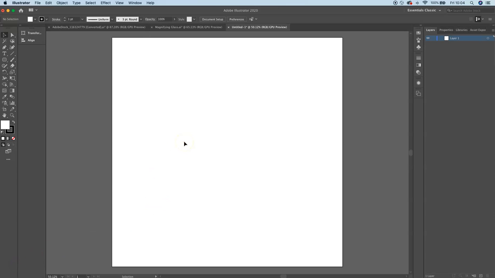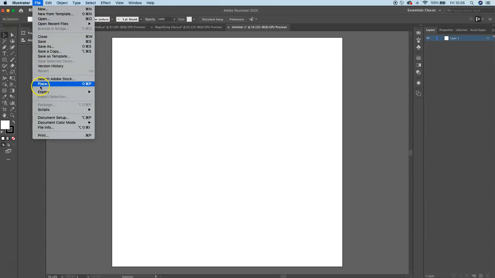So next I'm going to show you how to place an image. If you have a JPEG file and you want to be able to make some edits, you can place the image in Illustrator and you can run a process called trace, which will turn the image back into vectors, which we can manipulate. So I'm going to go to File, and then I'm going to go to Place on